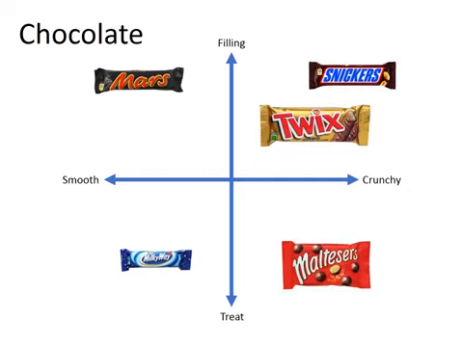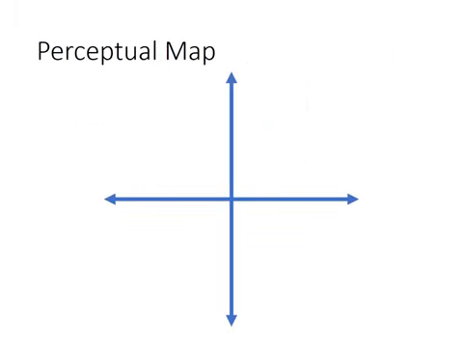There we go, that's a treat, and crunchy is Maltesers, but one could argue it depends how much. That's a standard bag, which is quite treat size, but if it was a big box, maybe more of a meal. Well, I've got a Galaxy Caramel there as well, quite smooth, not quite as filling as a Mars bar, etc. So remember, when doing a perceptual map, it's as simple as drawing two axes, left and right,